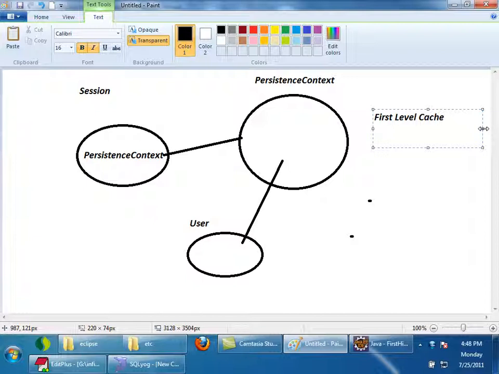Persistence context is having all the entities, right? So generally talking, we say that session holds all the first level cache, right? But actual first level cache is what? Persistence context is the actual first level cache, right? Now, what is the advantage of first level cache? What advantage am I getting? We'll see slowly through examples.